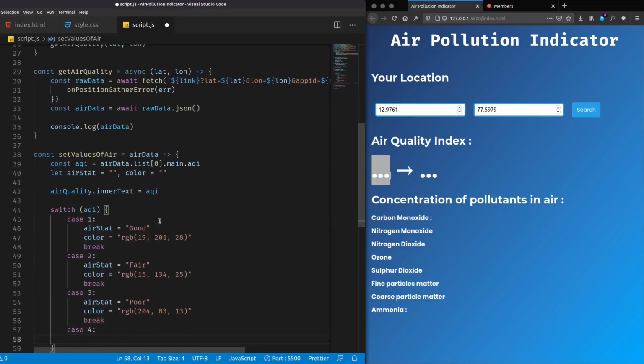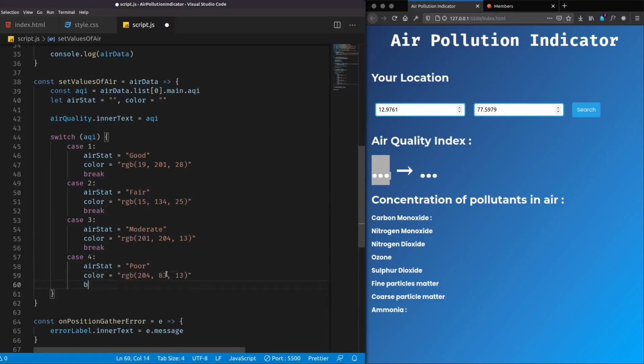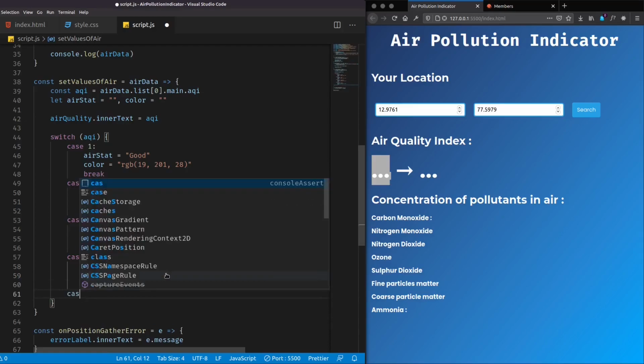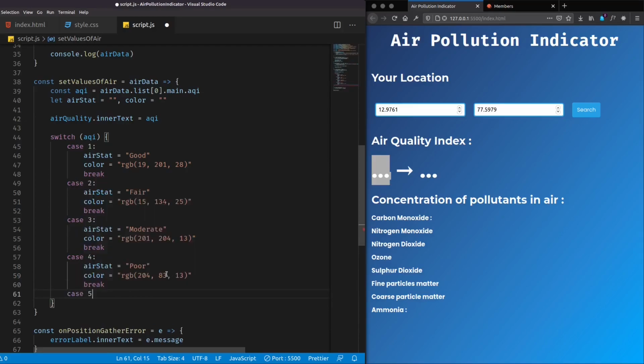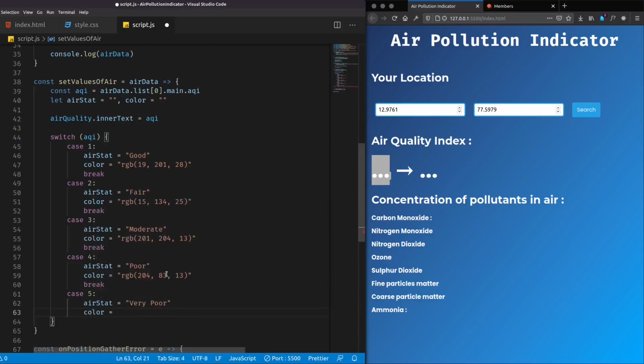And if the air stat is 4, then it will be poor and the color will be slightly red. And at last, if the case is 5, the air stat will be very poor and the color will be a dark red.